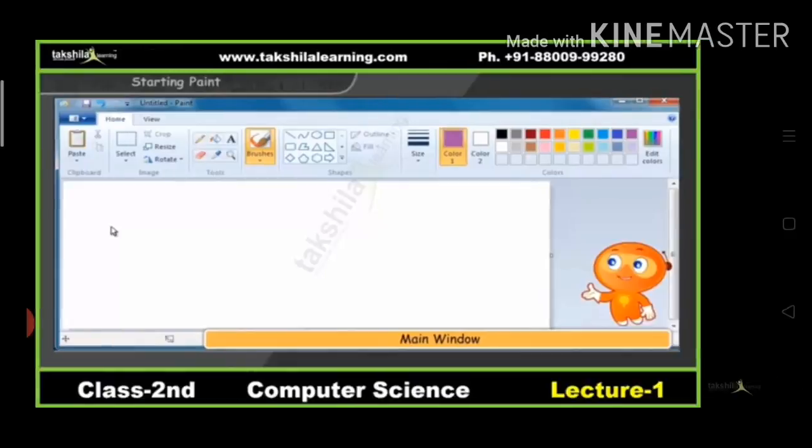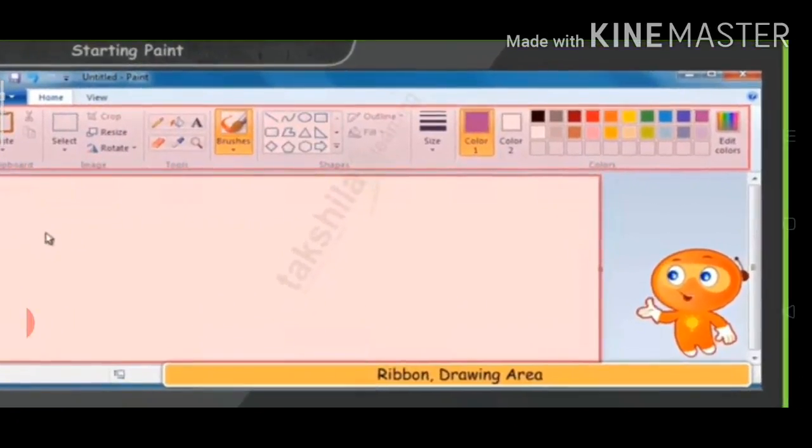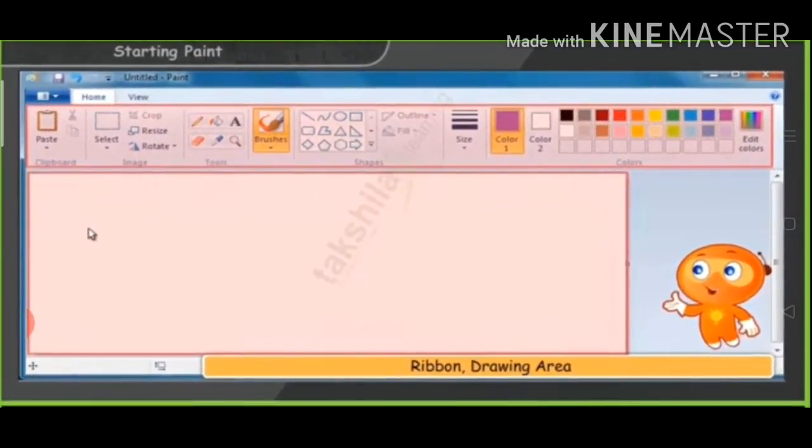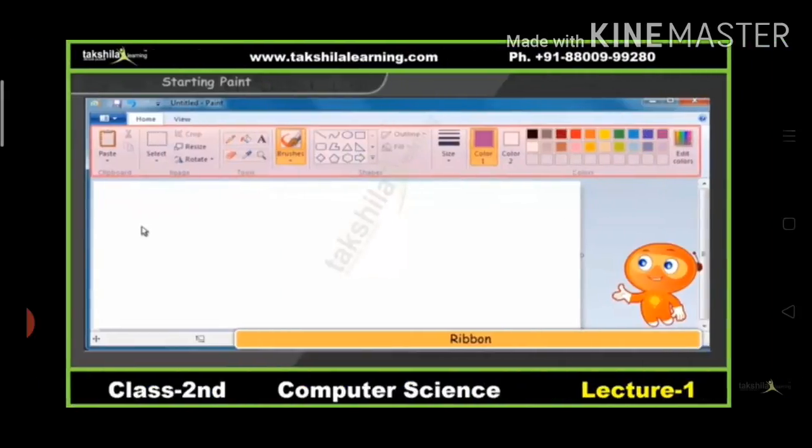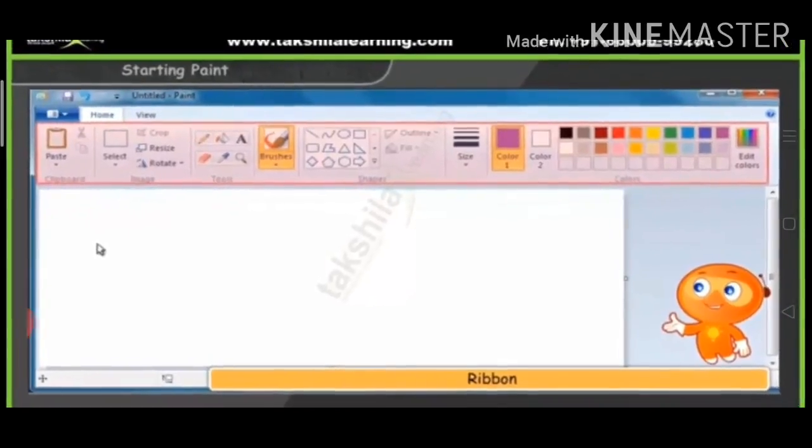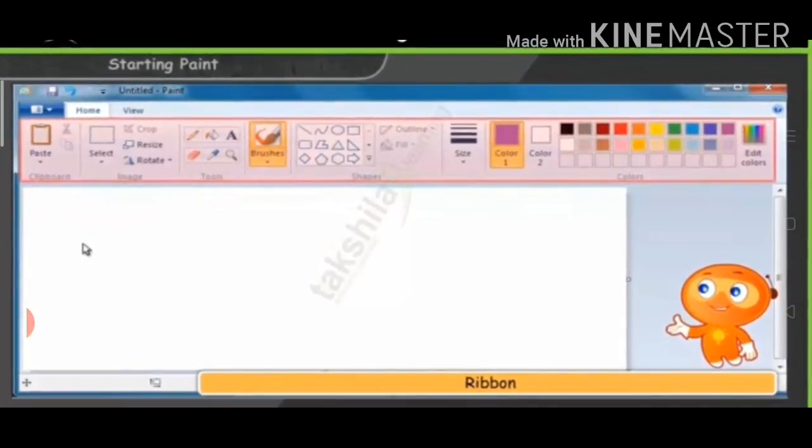Okay, let's learn about the parts. So children, as you can see, there are many parts of the window. The highlighted parts are the ribbon, drawing area, etc. Now this reddish highlighted bar is known as the ribbon.